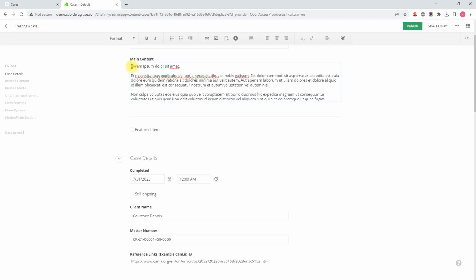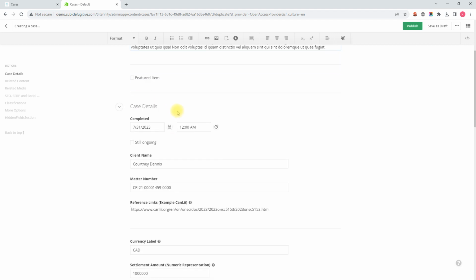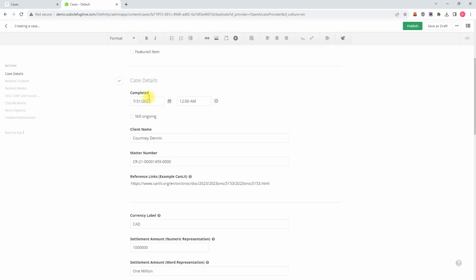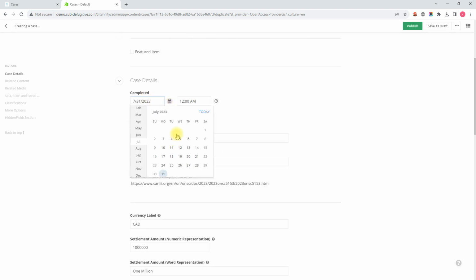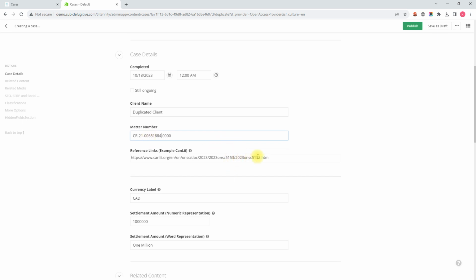I'll add the word duplicated as well to the first line. I could check featured item if I wanted to highlight this case study in my display list. And now I'll just keep changing things as we go. So let's say I just finished this case in October, and the client is duplicated client, and I would have a new number here. Let's just change these middle numbers like that, and I can change the reference URL to